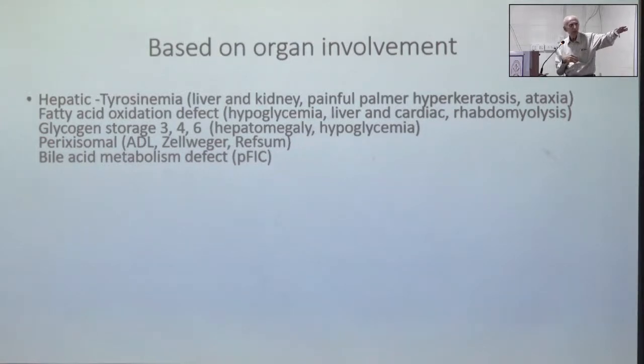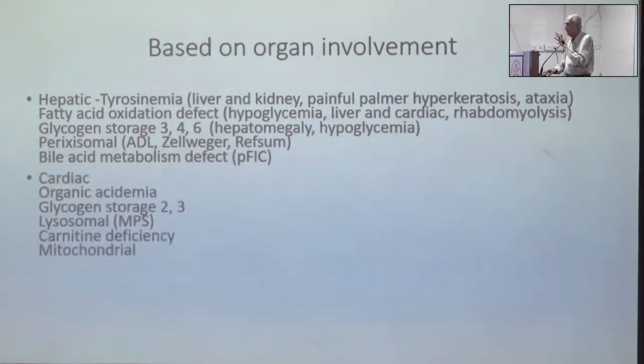Again, there would be differences, like with fatty acid oxidation you have hypoglycemia, tyrosinemia may have liver and kidney involvement, besides also the skin involvement. So this combination of syndromic things will add further to make the diagnosis clinically to some extent narrower. So this is one area that we need to look at, whether my presentation of an inborn error of metabolism is primarily a hepatic presentation. What about the cardiac presentation?